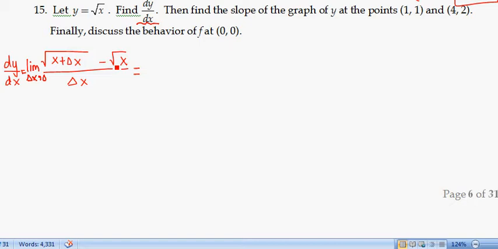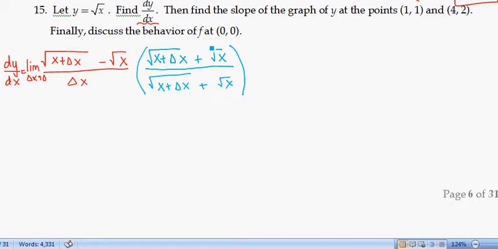Okay, but let's look at this thing. This actually should look pretty familiar in terms of the last exam we just took. So I was trying to get you used to these sorts of limits, because now we've seen how to deal with these square roots, right? And so we know that the approach we should take here is to multiply by the conjugate, which is going to be to multiply by the square root of x plus delta x plus the square root of x, right? We're doing it with a plus sign purposely, so it's the conjugate, which is going to eliminate the square